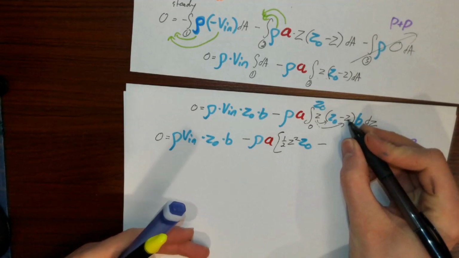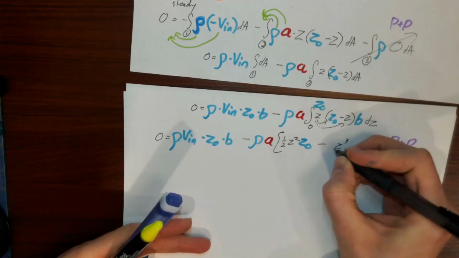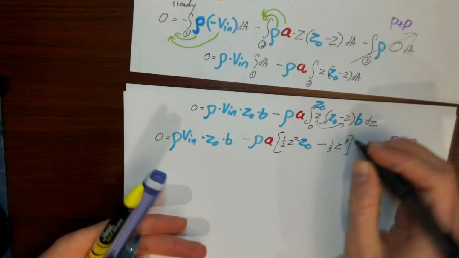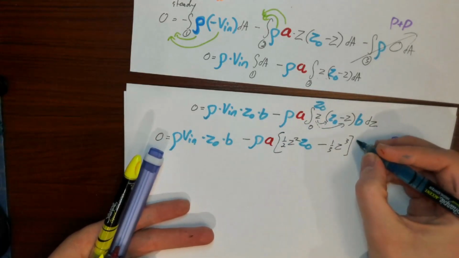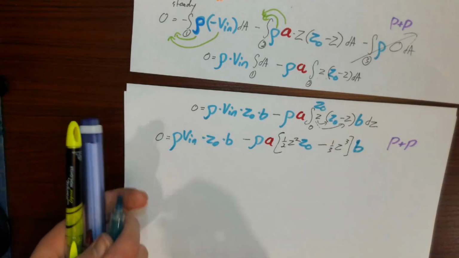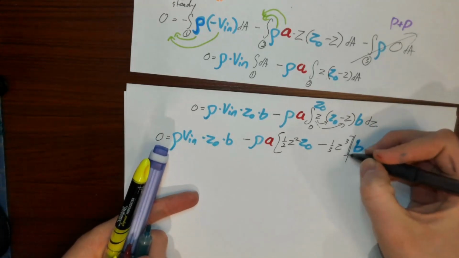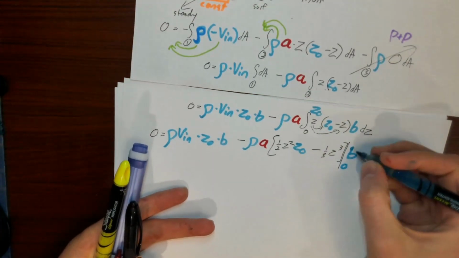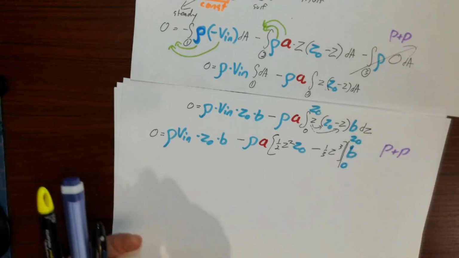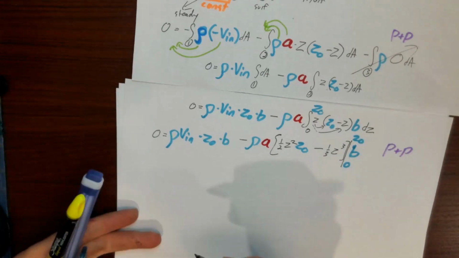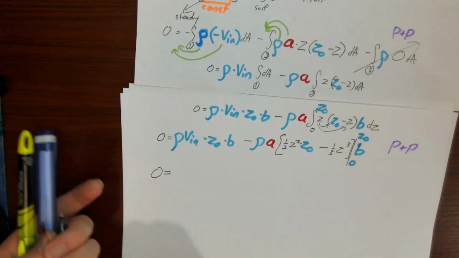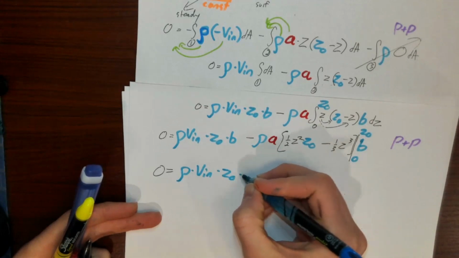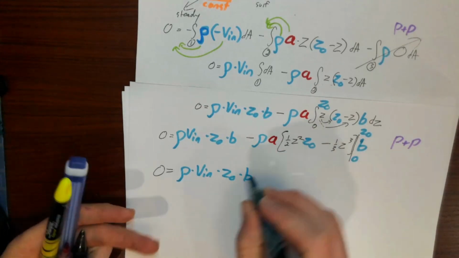When I distribute the z, I have z squared. When I integrate that, I get z cubed, and I'd need a 1/3 out front from having integrated. I still have b. b just carries through the whole business, and I need to apply the limits of integration. So I'm going to go from 0 to z_0. And then when I evaluate it at these limits of integration, what do I get? I get 0 equals rho v_in z_0 b minus